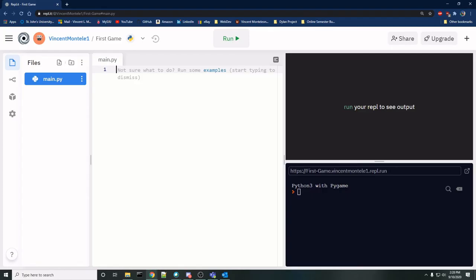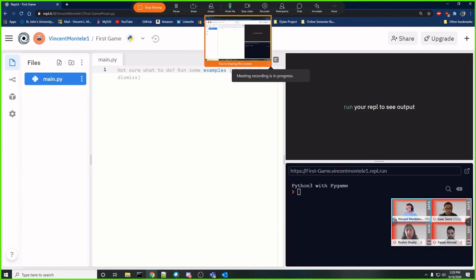So we have a question, Brian. Does it need to be on the desktop? It does not need to be on the desktop. That's where I shared my file from and saved it. I'll show you, you're going to be uploading your image into REPL, so it doesn't matter where it is. It could be in your downloads folder, it could be on your desktop, it could be anywhere on your computer. I just keep it on my desktop because I know I'm going to probably throw it away after this. Okay. All right. So I will start sharing my screen right now.